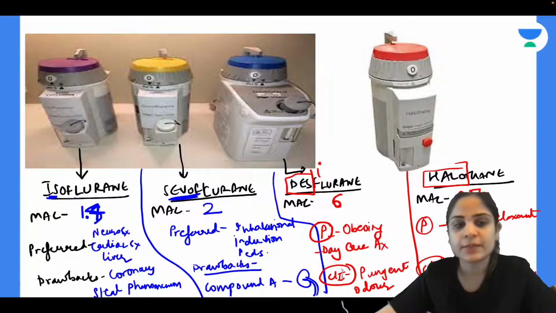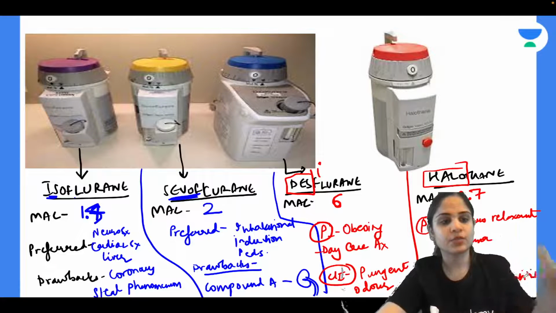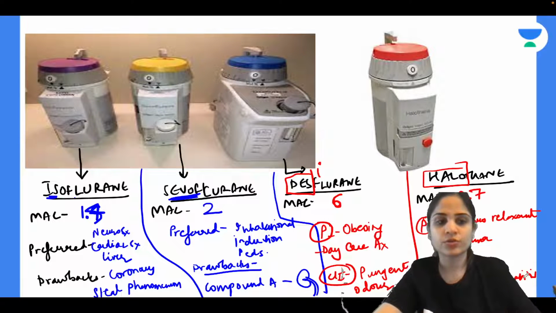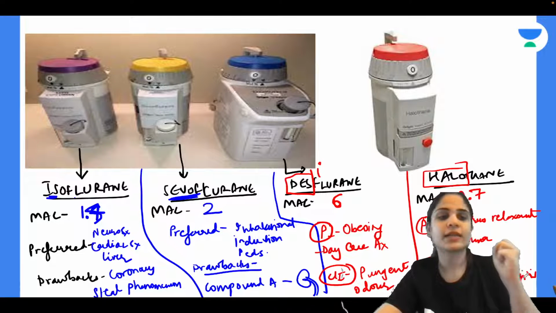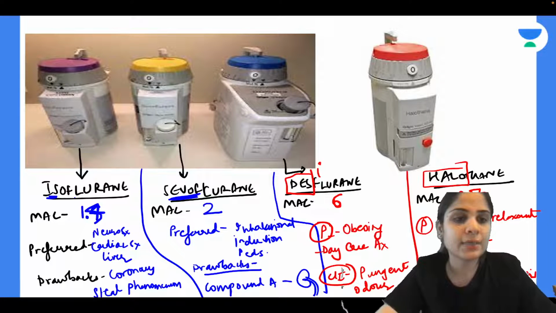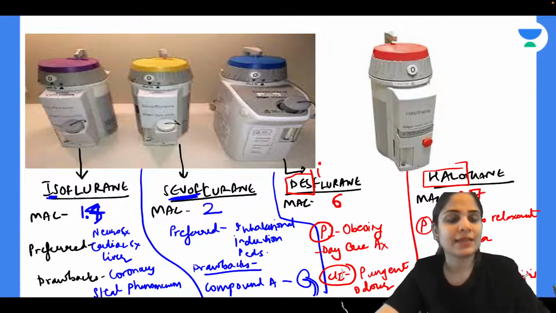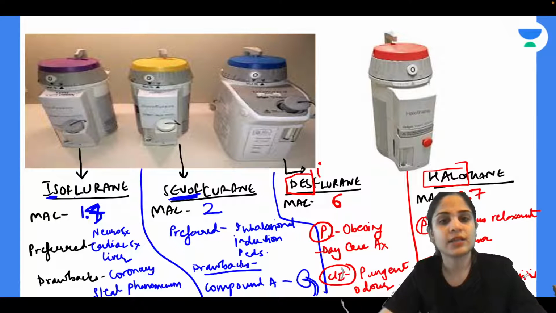Okay, in postpartum hemorrhage the uterus will relax and it will continue to bleed, so you will prefer not to use halothane because you want the uterus to contract and stop bleeding. And halothane hepatitis is nothing but, on repeated exposure to anesthesia with halothane, antibodies are formed against the liver and that can lead to liver failure. So that is called halothane hepatitis.